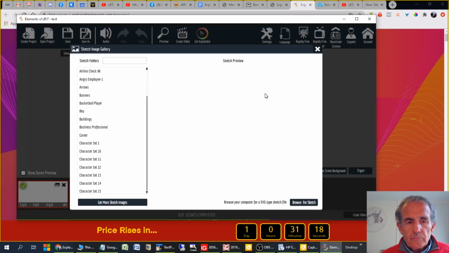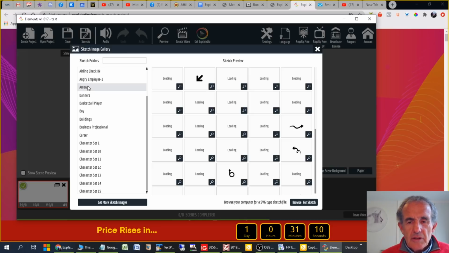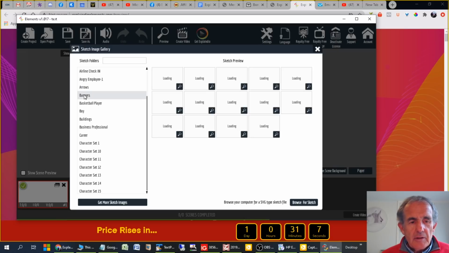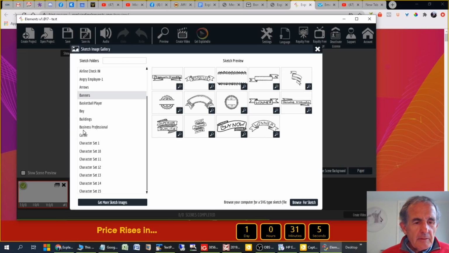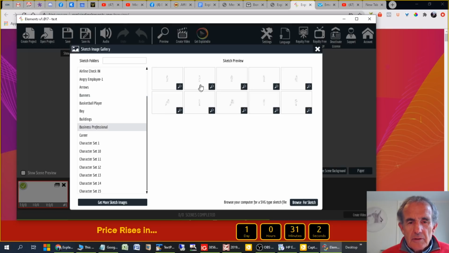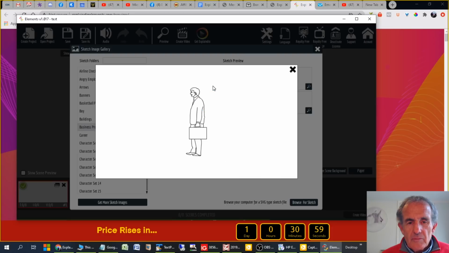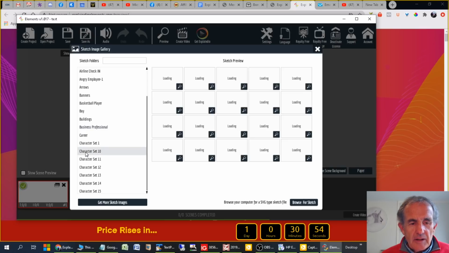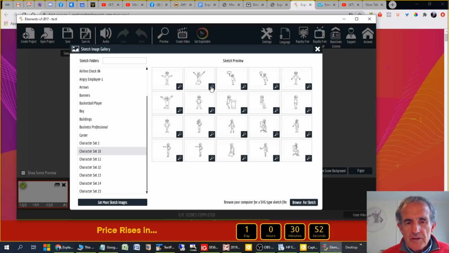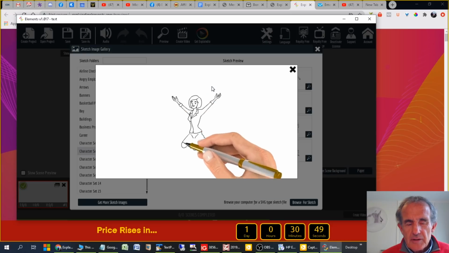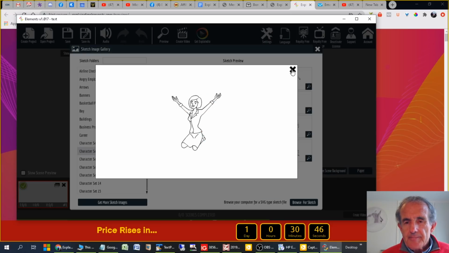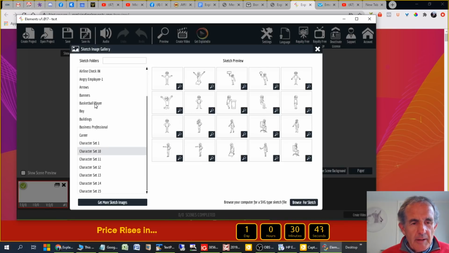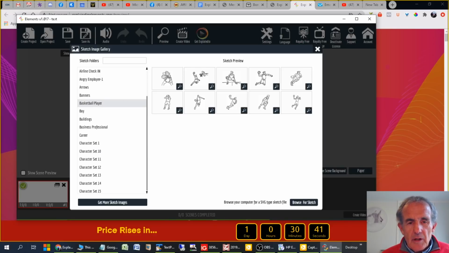Load up. And there's quite a few things here. Angry employees is a bit of a strange one. Like arrows for use in your work, banners, business professionals, sort of various pictures for that, and then there are character sets, which are various pictures of various people in various positions and stages. But we'll try basketball player, I think. So we load basketball player,